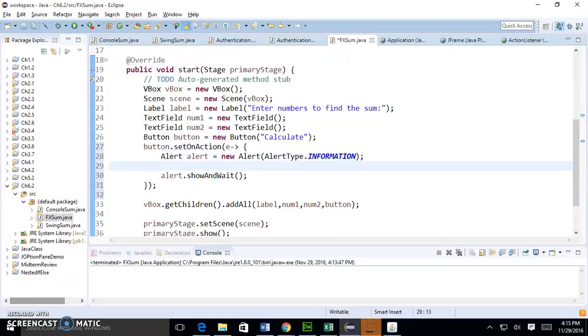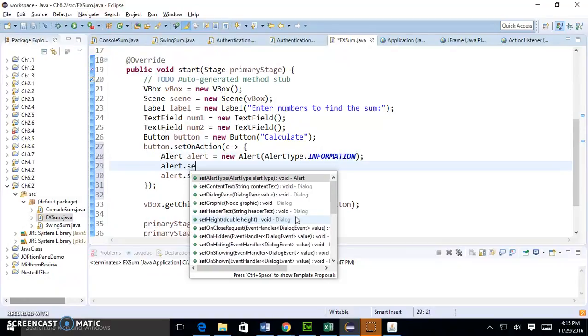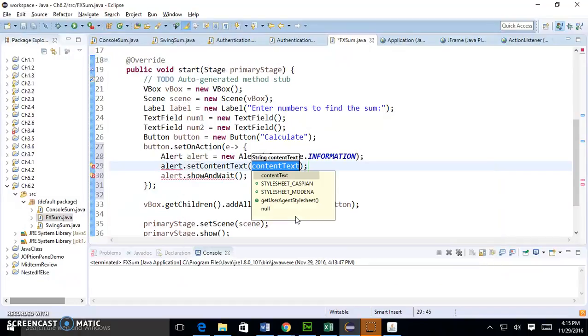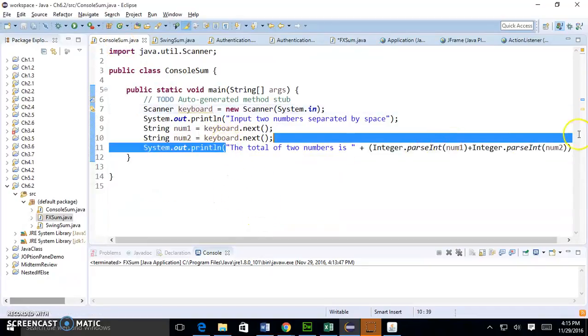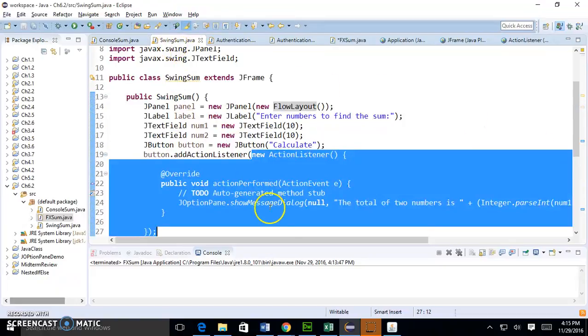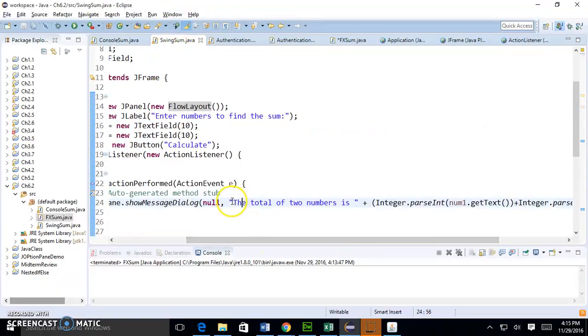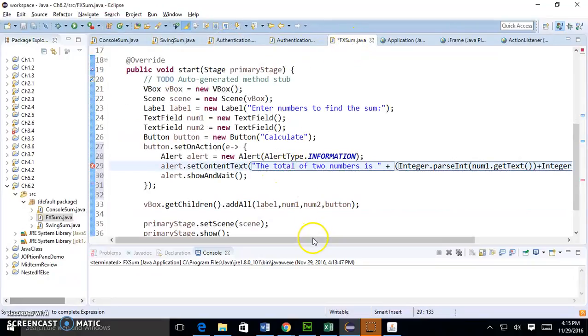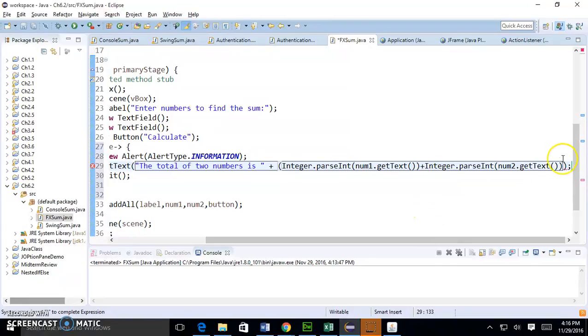But you want to set the contents, right? Set content text, and then technically we want to do this, same thing here. But this version I already do getText, which we have to get the text the same. So that's why I come to copy this part. Then it's going to set the text. Add